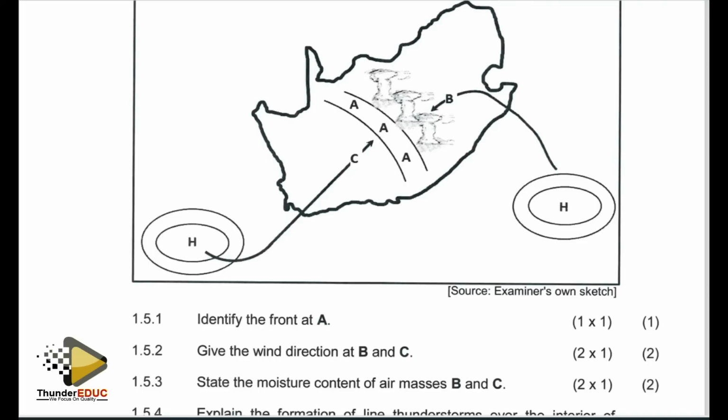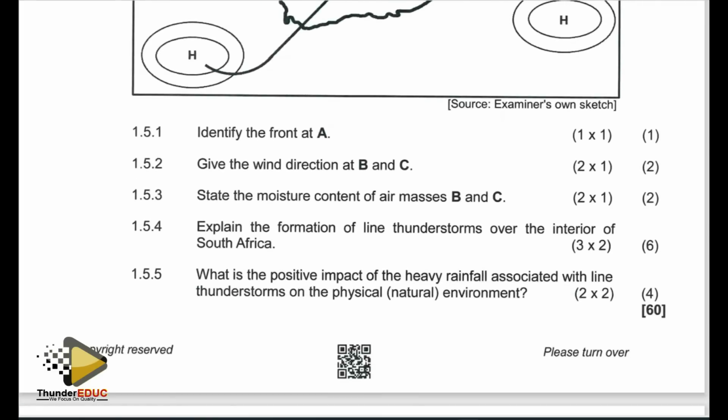So the front forms by the fact that there is air fed from the South Indian high, which is warm and moist, and air fed from the South Atlantic, which is cold and dry. They meet because of the pressure gradient created by the thermal low over the interior, and as they meet, because of the differences in density and temperature, they cannot mix. This one is cold and dry, and this one is warm and moist. The cold and dry one undercuts or wedges under the warm and moist. That is how the moisture front forms.